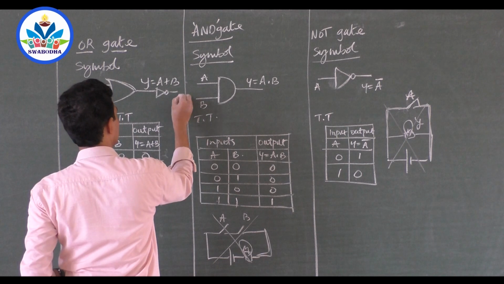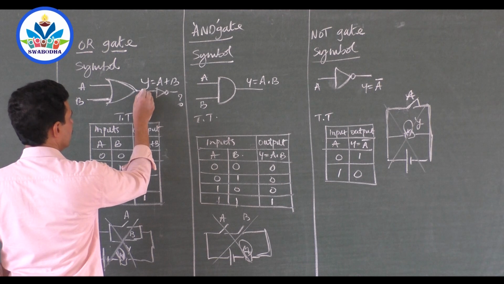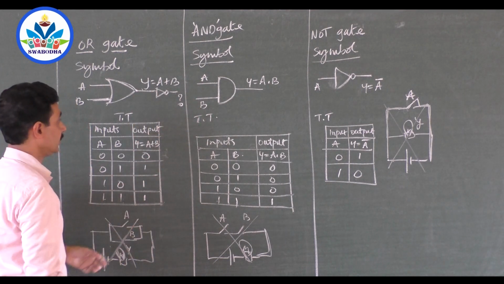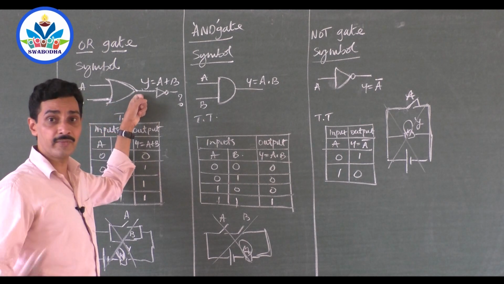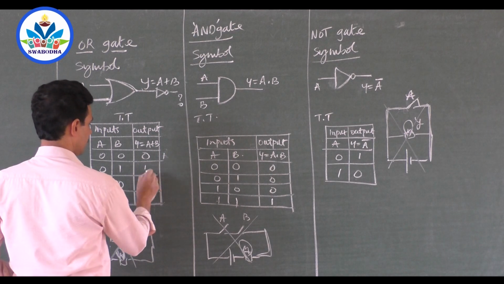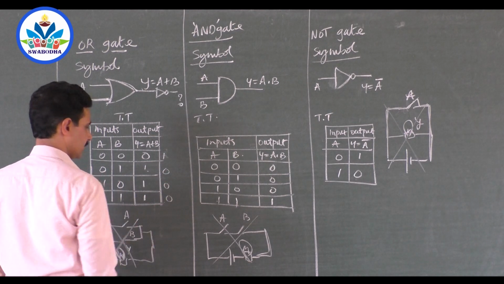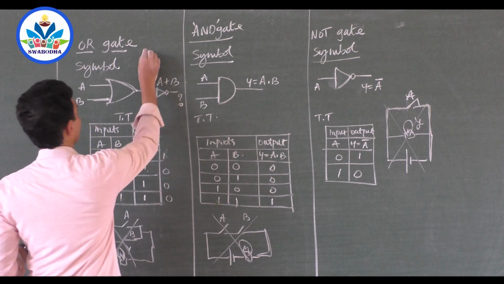So what will be the output here? What happens is, whatever output you get here will be complemented here, isn't it? So if you connect a NOT gate to the output of an OR gate, finally you will land with another output. So this 0 becomes 1, 1 becomes 0, this becomes 0, this becomes 0. That's all, isn't it? So that is called NOR gate.